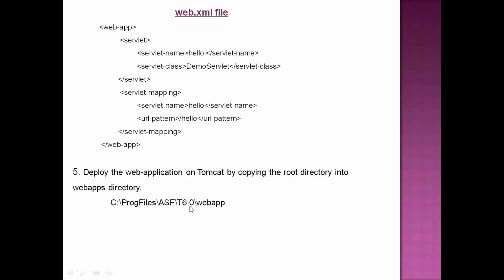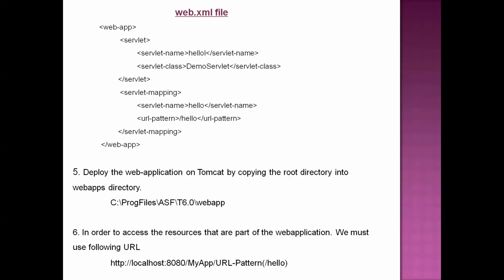So under this folder, we can see a lot of folders. But in that, we can see one folder with the name webapps. So this webapps folder is for placing user applications, user web applications. Other than this webapps, we cannot touch any other files. So whatever directory structure you have created in the previous step, just copy that structure under this folder. So with this step, the deployment process is over.